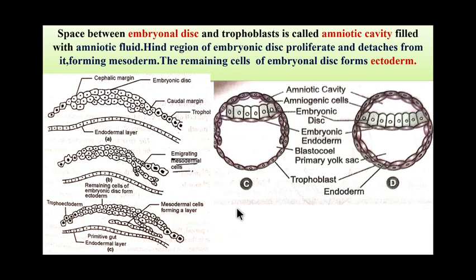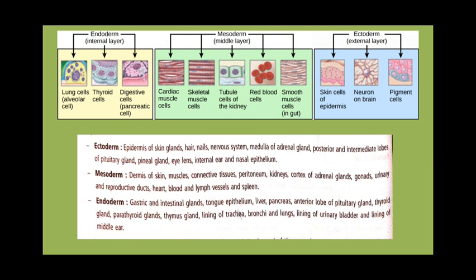Now all these three layers become distinct during this process, and then in an orderly manner they move and are destined for specific organs. Here you can see all three germ layers forming specific organs. That means the change in shape and differentiation of the cells in the various germ layers will give rise to characteristic organs, and later the shape of the organism. So kindly just learn all these three. Endoderm: lung cells, thyroid cells. Mesoderm, the middle layer: cardiac muscle cells and all that.